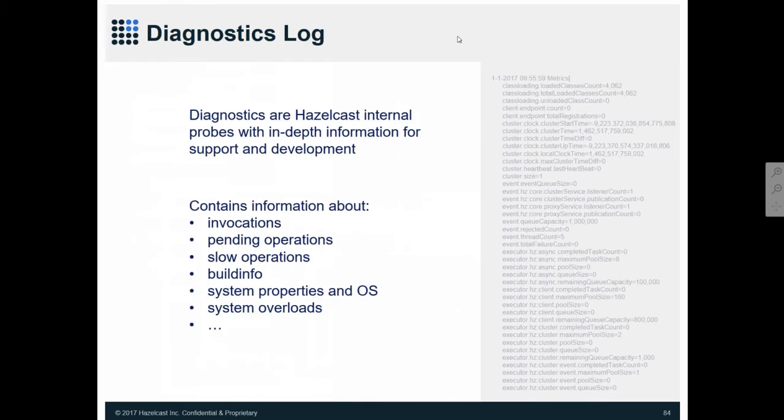There's a lot of different information in there. As I said, there are invocations, pending invocations, slow operations, build information, system properties, operation properties, information about system overload,